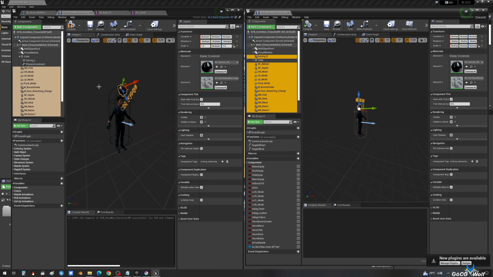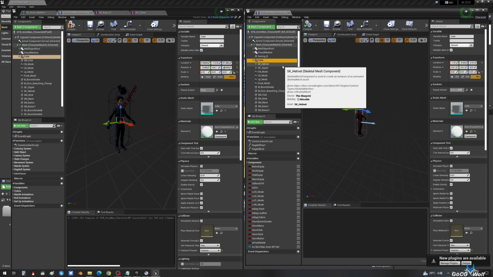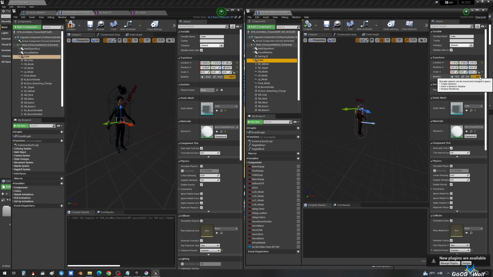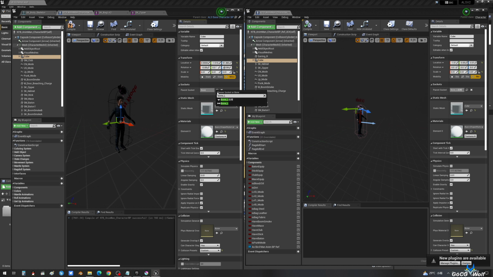They must remain in a straight line. Choose the bone_L slot. And copy the parameters.